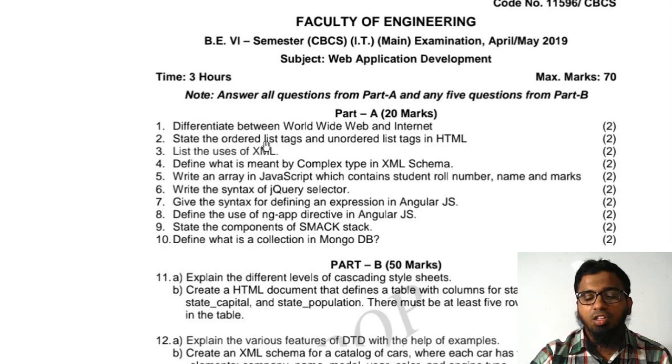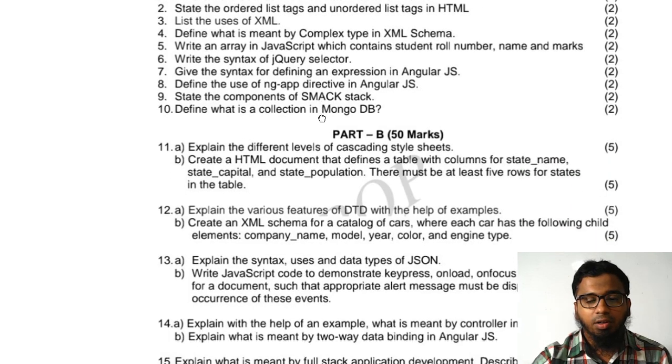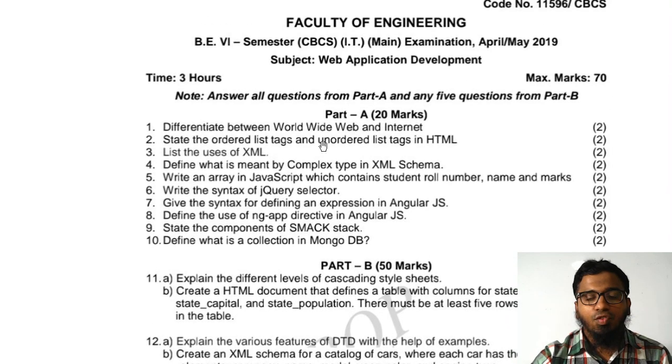This is also from the first unit. It is telling you to state what is an ordered list and what is an unordered list. So you need to write something about ordered list and unordered list, and you need to give some code, how to write it and what is the syntax of the ordered list as well as the unordered list. Fine. Next, the third one is from the second unit. Okay, so from the first unit a 4 marks question came.